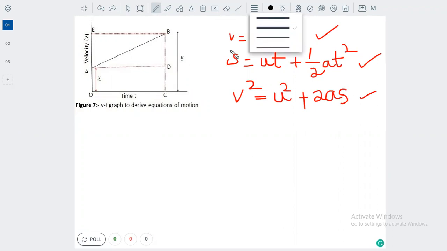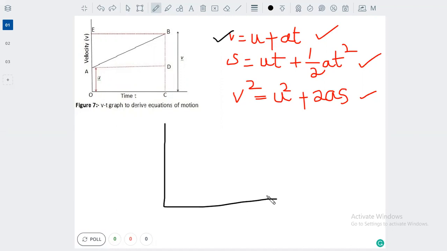First, let us talk about the first equation, that is v = u + at. But before that, let me explain this graph clearly. I'm doing it with a mouse, as I don't have a pen at present, so the graph may not be clear. I've attached a photo from Google and will draw a graph. Sorry for the inconvenience. This is the velocity-time graph.